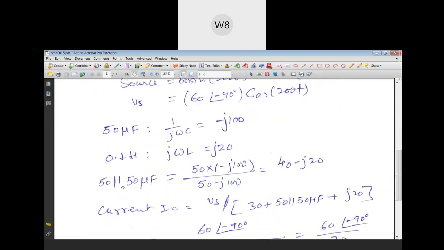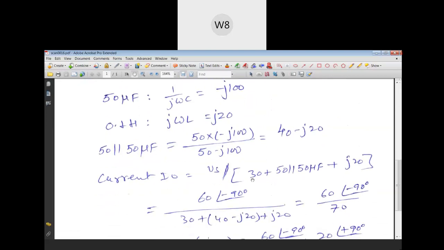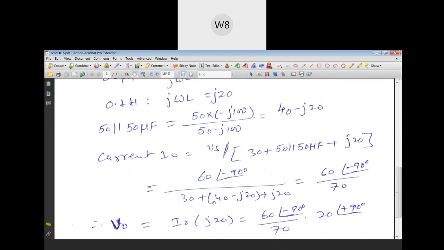So first, the parallel of 50 ohm and 50 microfarad is 40 minus J20 ohm. So the net impedance seen by the source is going to be 30 plus the parallel of capacitor and 50 ohm, and that in series with the inductor, which is J20. So net impedance is going to be 30 plus 40 minus J20 plus J20, and this impedance will divide the